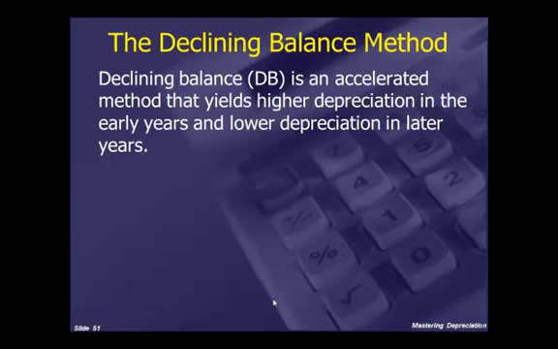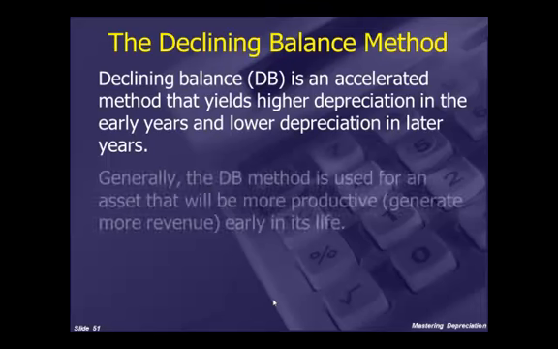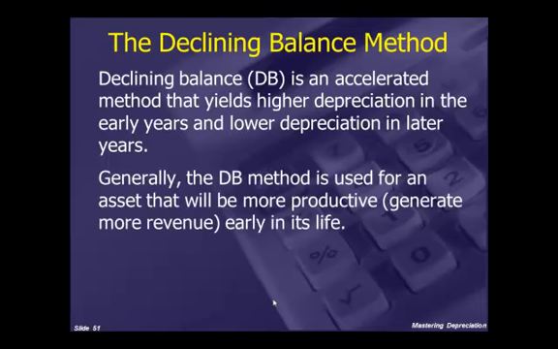So looking at it, declining balance is an accelerated method that yields higher depreciation in the early years and lower depreciation in later years. And generally the declining balance method is used for an asset that will be more productive early in the life of the asset. In other words, more productivity means it will generate more revenue in the first few years of its use than